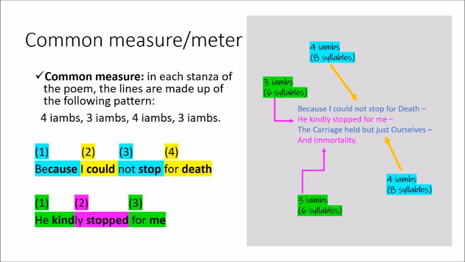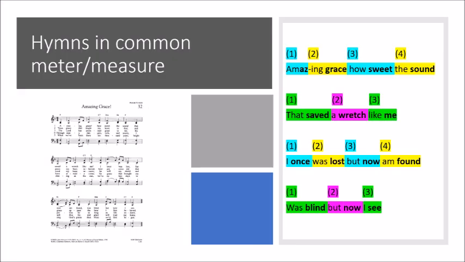"Because, 1, I could, 2, not stop, 3, for death, 4." So there's 4 in our first line. "He kind, 1, ly stopped, 2, for me, 3." So this grouping of a stanza that contains a line of 4 iambs, followed by a line of 3 iambs, followed by 4 iambs, followed by 3 iambs, that is common measure,